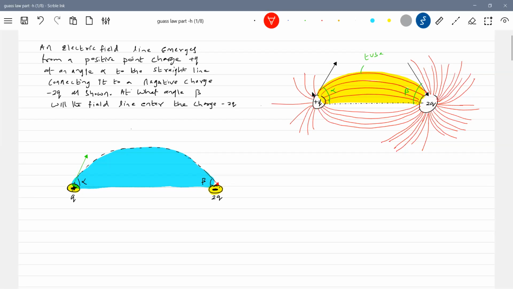Okay, this idea. To make you understand, actually the spacing between them should be the same everywhere. So to explain the concept, I took it like this here. Here the number of lines of force is 16 lines. Here, 32 lines of force. But if you draw a tube, the number of lines of force in a tube should be the same, and the number of lines of force are proportional to the amount of charge.